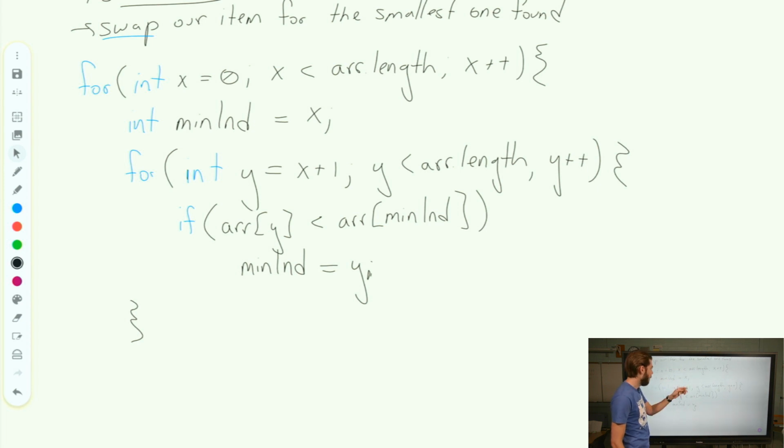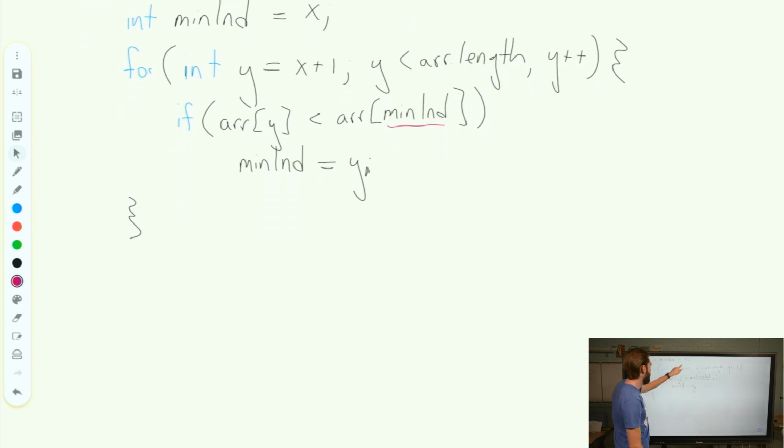Okay. So we loop through, we say, hey, we think that this next value might be the smallest one. We set our minimum index value to that, and then we go through and we check, is this the smallest value? Is this the smallest value? We keep resetting which one is the smallest value. Now we still have this x value sitting here. We're still inside this loop. So what we do is once we've found this smallest value, once we've determined which one is our minimum index,